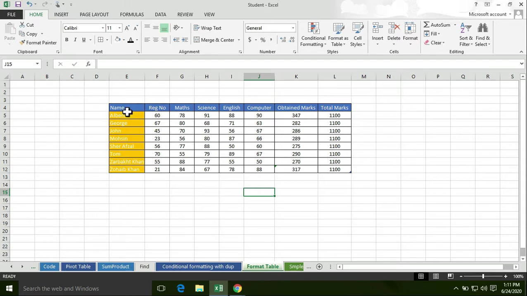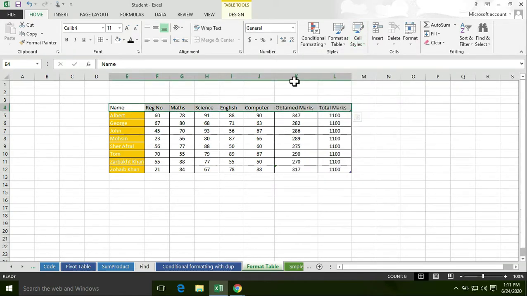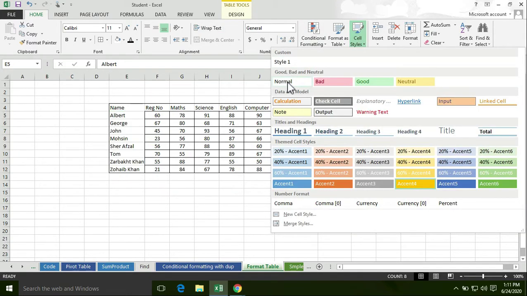So you can also apply another color. Just click this row, then select cell styles. First of all, remove the previous format, just select normal. Now if you select normal, the previous formats will be removed. Now click this column, click on cell styles, click on normal.